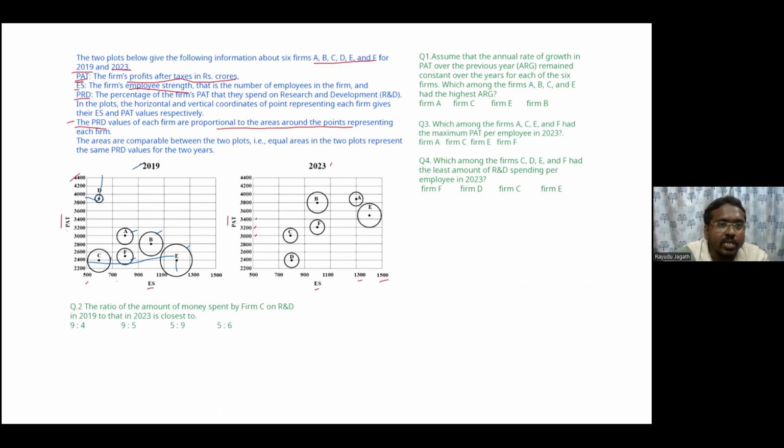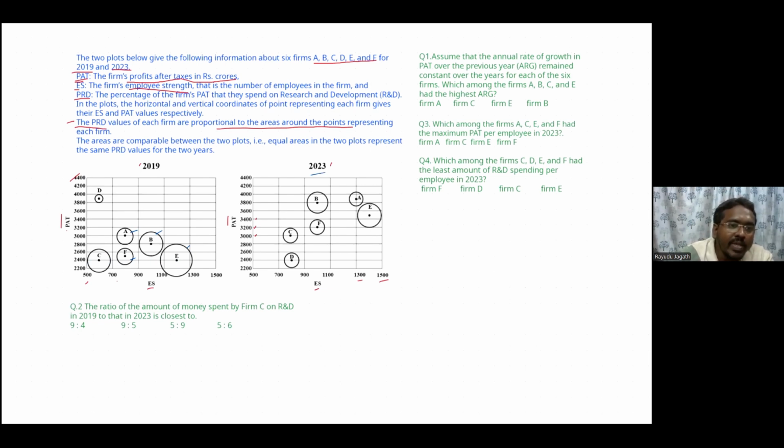For example, if we represent 2023, what happens? B is exactly 900 to 1100. It is 1000 people, and horizontal axis is 3800 crores PAT, like that. And coming to the PRD point, research and development share is proportional to the areas around the points, which is important. Around the points. For example, if we represent B, what is the PRD value for B in 2023? So B, okay, C, we can represent